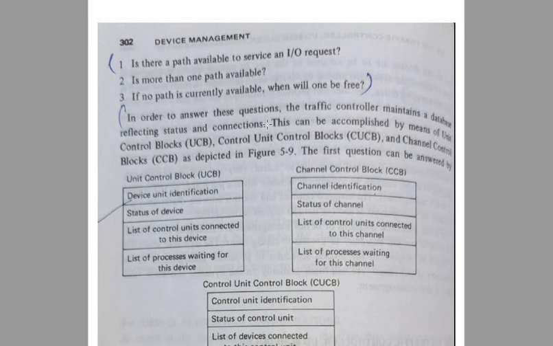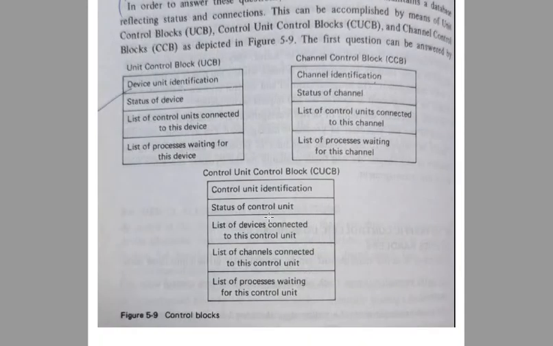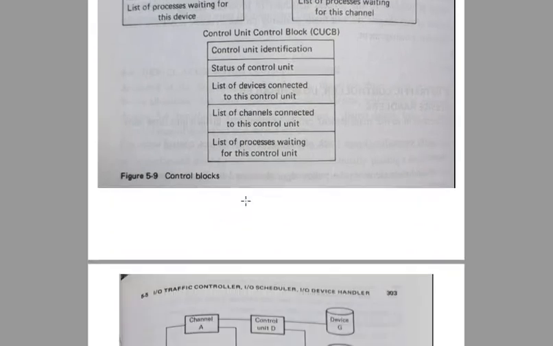Okay, in order to answer these questions traffic control maintains a database reflecting status and connection. This can be accomplished by means of unit control block, channel control block, control unit control block அப்படின்னு பண்ணியிருக்காங்க. ஓகேவா, இதில் questions device unit identification, okay, status of devices, okay, இதில் கொடுத்துருக்காங்க, status of channel, okay, list of control units. ஸோ இது எல்லாமே வந்து இந்த இன்ஃபர்மேஷன் வச்சுருக்கிறதுனால traffic controller வந்து any time has to be answered for the questions raised. Okay, இது control blocks ன்னு சொல்லுவாங்க. ஓகேவா,